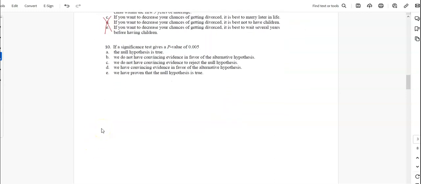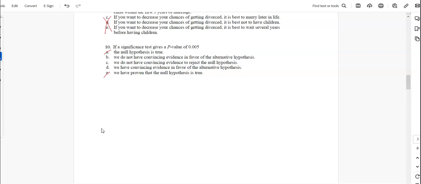If a significant test has a p-value 0.005, the null hypothesis is true. Do we ever say the null hypothesis is true? We never accept the null. That's not the case. We have proven the null is true. No, that's not the case. We do not have